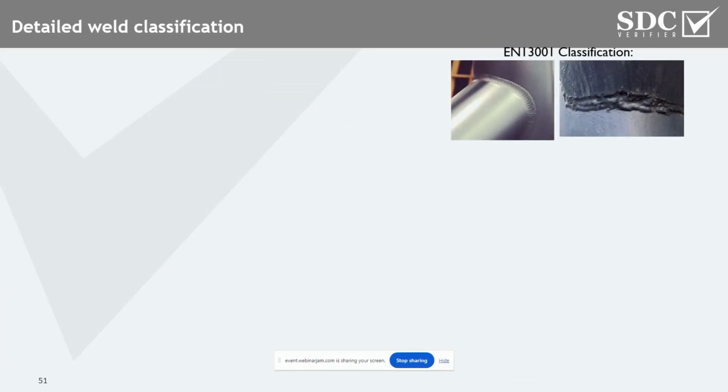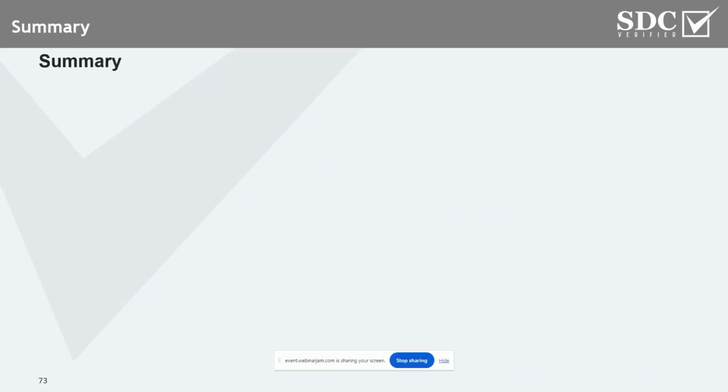Another important thing is the weld classification. There are different weld qualities allowed by the standard, starting from weld quality D and then ending up with B star. So these weld qualities,